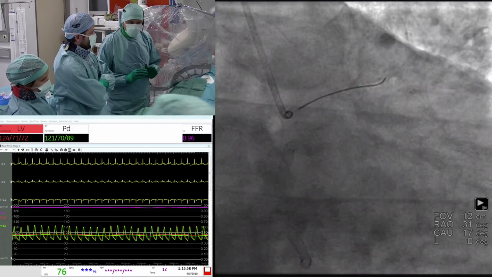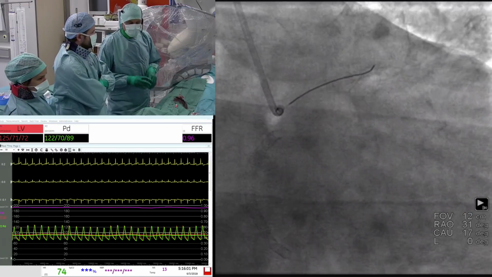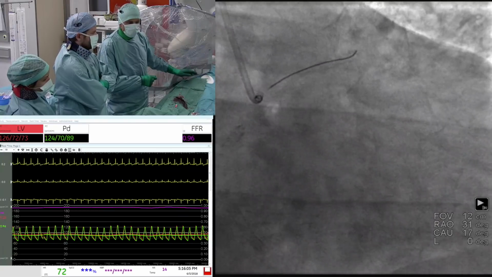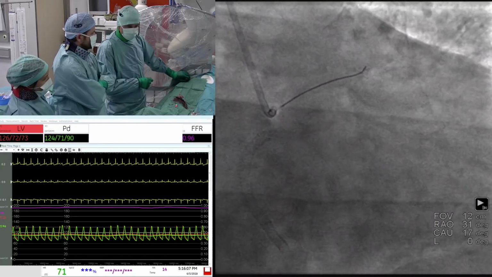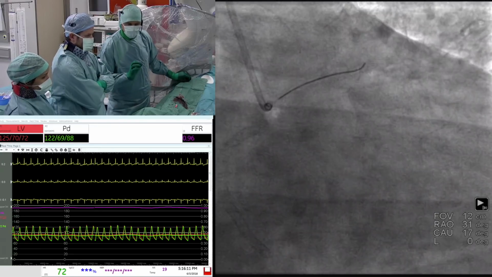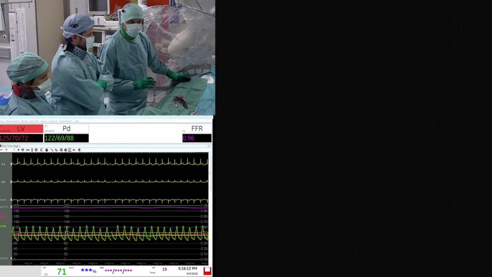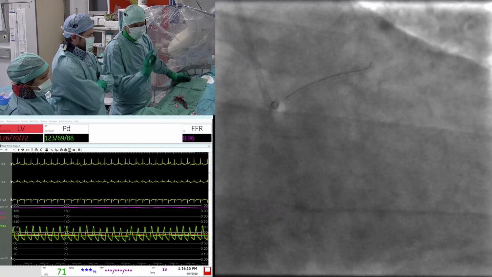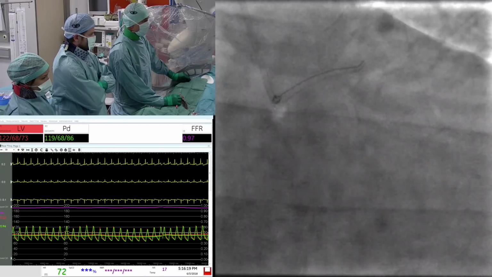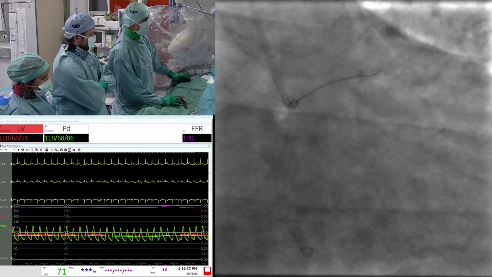Now the question which comes back time and again is: is it needed to pull back everything in the aorta when we have a proximal left main stenosis? I will tell you, and I will even demonstrate that this is not the case. We can equalize at this place even if we know that there is some, let's say, problem at the level of the ostium. The problem is that we have to be